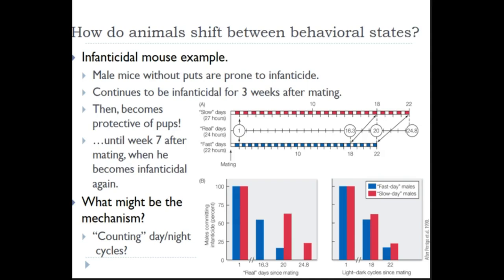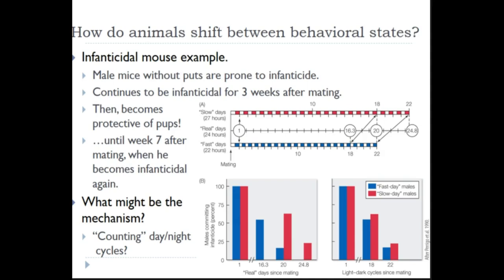So what they tried to do is assess whether this alters the frequency with which males commit infanticide. Here on day 1, everybody commits infanticide, right? It's the thing to do. All these males are horribly infanticidal, and this is 1 day after they've mated, because at this point, there's no risk that these could actually be their pups. So from an adaptive standpoint, this makes sense.